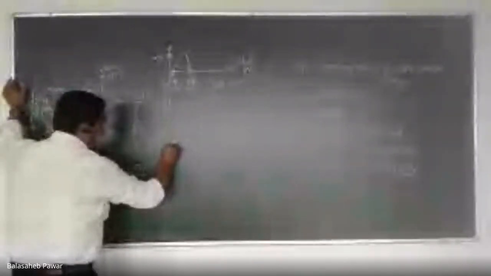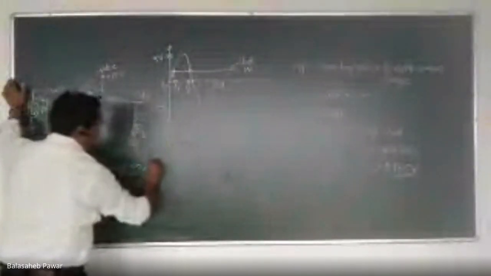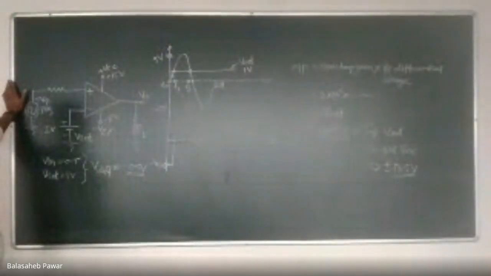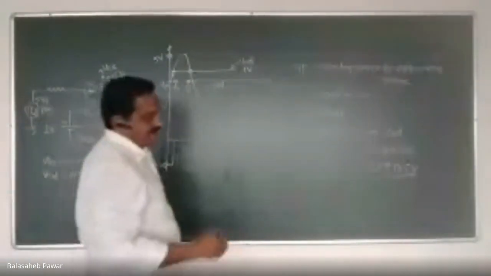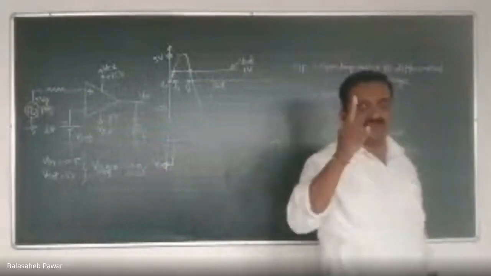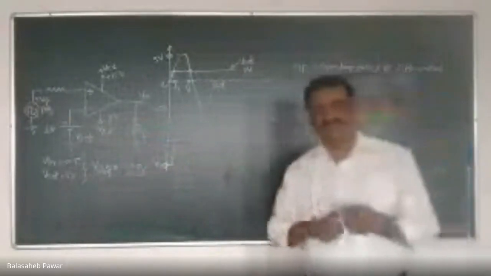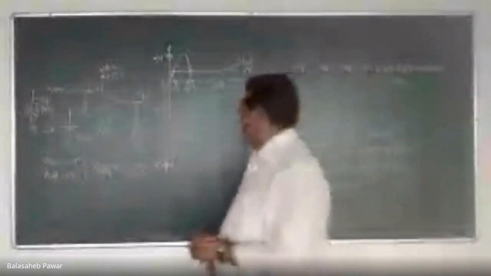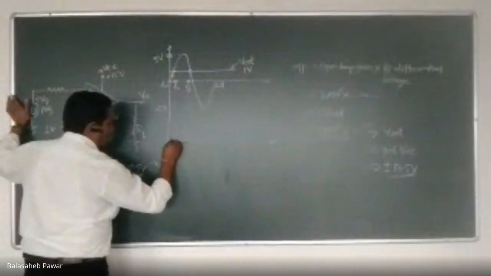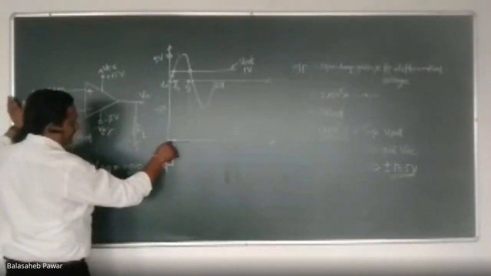You will observe that for the time period T0 to T1, the obtained output voltage will be minus Vsat, and that is minus 13.5. Now at T1, that sine wave signal will reach 1 volt. Our reference voltage is also at 1 volt. So the differential voltage will become 0, and hence at T equals to T1, the output of that op amp will become 0. That means over here.